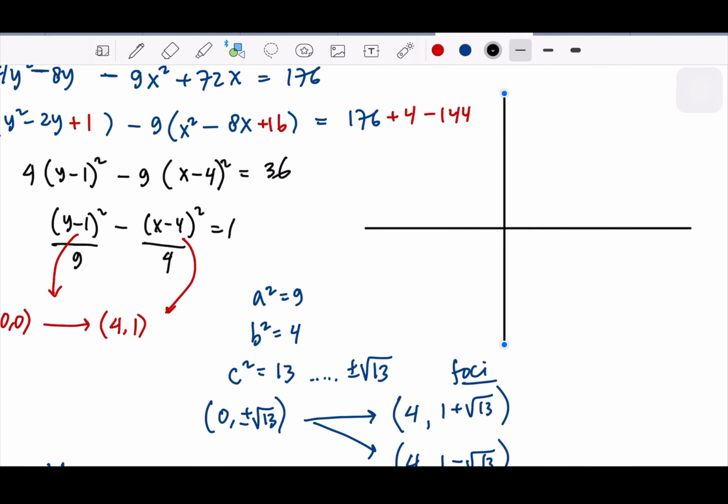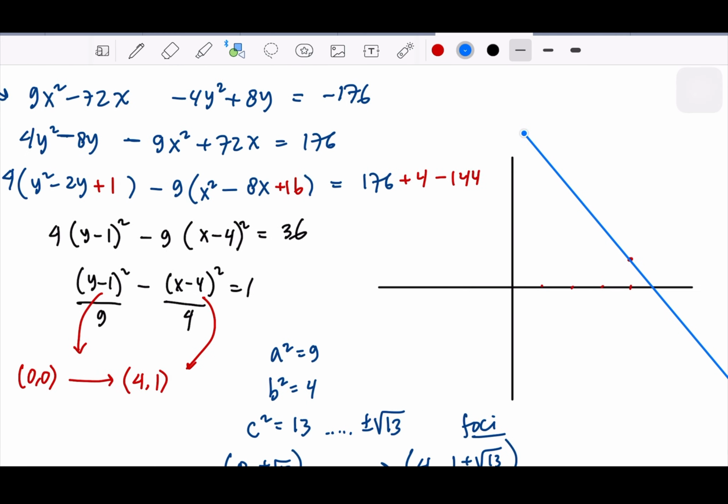we can just illustrate and sketch it and mention the points. So the new center will be at 4, 1. 1, 2, 3, 4, and 1 will be here. So this will be where the asymptote is crossing. Here, and the other one will be here. Okay,